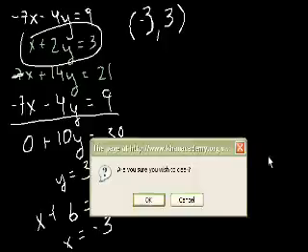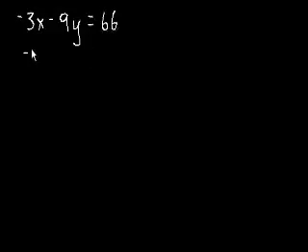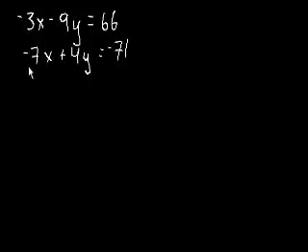Let's do one more. Hope this one's harder. I think it will be. Okay, so it's negative 3x minus 9y is equal to 66. We have minus 7x plus 4y is equal to minus 71. So here it's not obvious. What we have to do is, let's say we want to cancel out the y's first. We try to make both of them equal to the least common multiple of 9 and 4. So if we multiply the top equation by 4, we get,